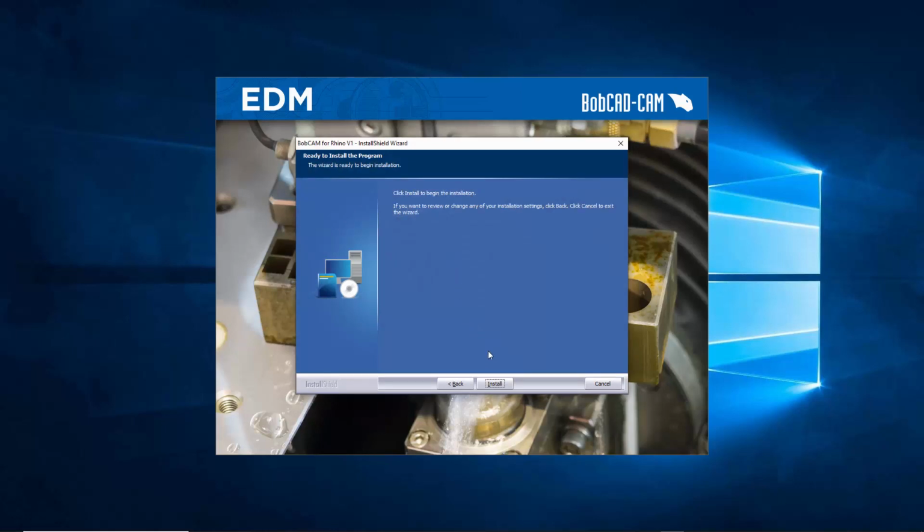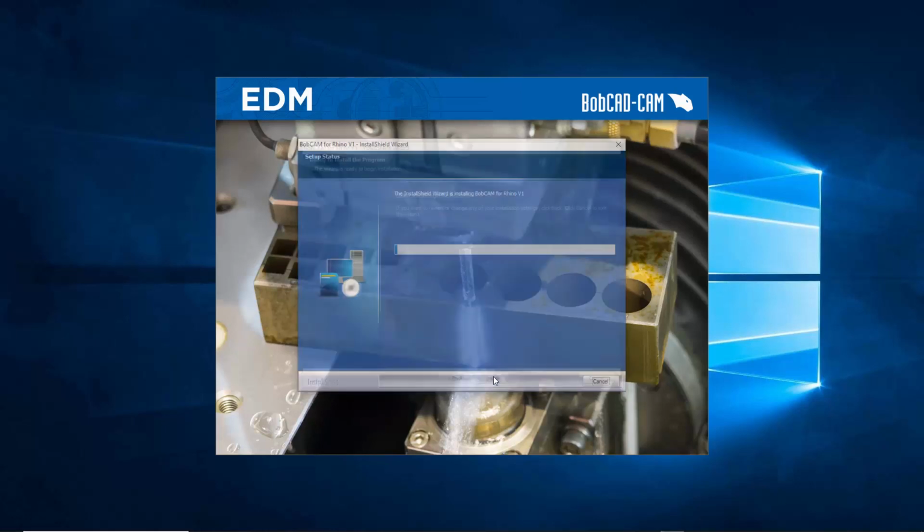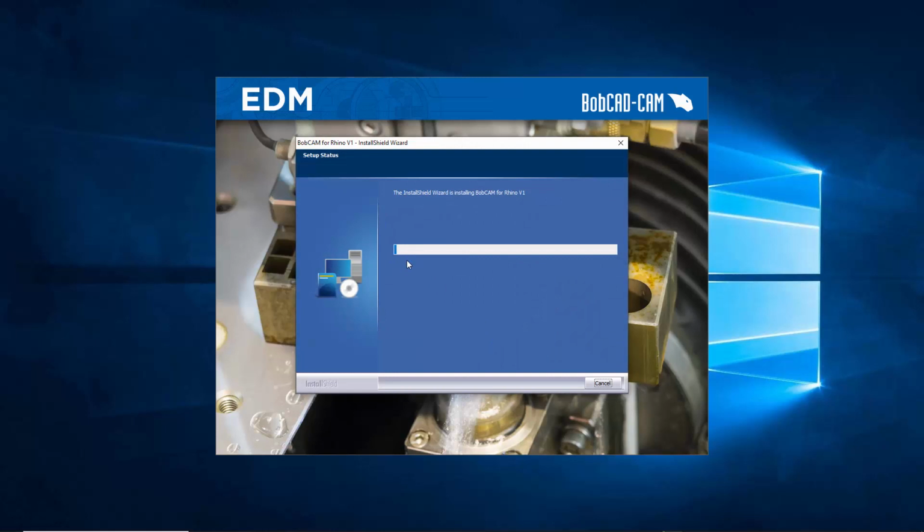And then right here, all I have to do is hit install, and it's going to start installing the system. Now, it looks like it's going to freeze for a second. Just wait, and it will eventually pop up and start running. So I'm going to go ahead and let it run through.